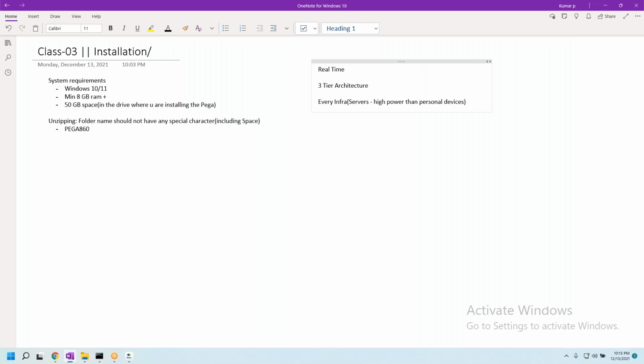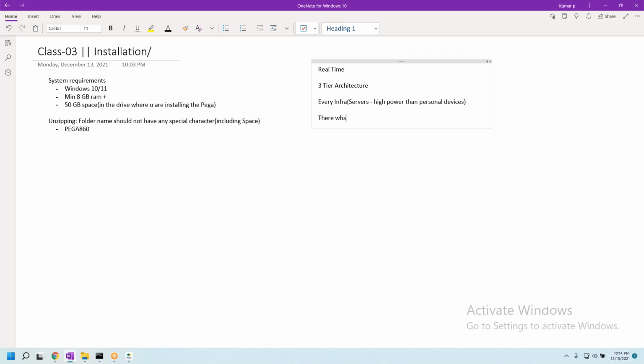Maybe if you are using i5, they might be using Intel Xeon. So the computing power will be more. Basically a server is also a laptop or a desktop like what you are using, but it has high power. So in three-tier architecture, what will happen is, for every infra,